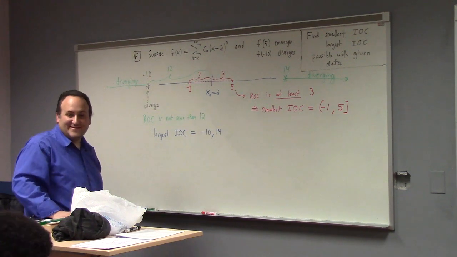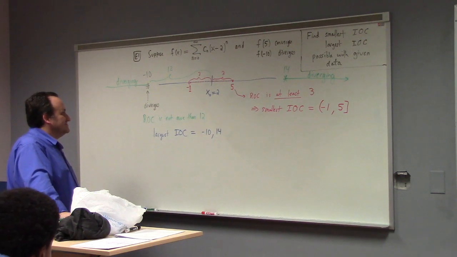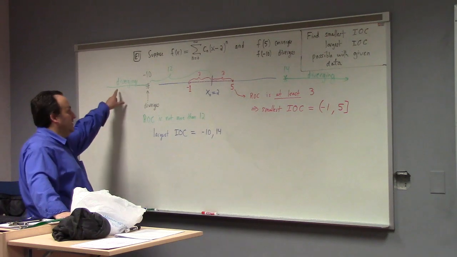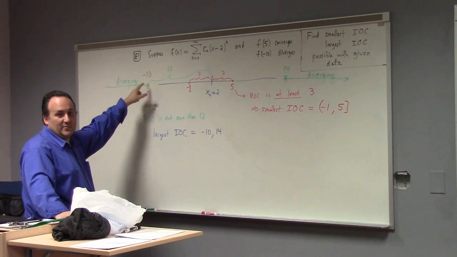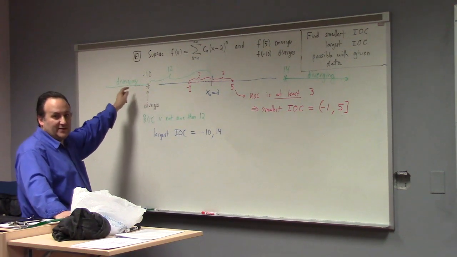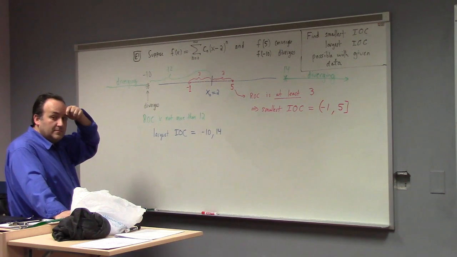What's that? Yes? So, if it were given to us that like f of -20 diverges, which we know is true, then wouldn't the IOC also expand if you tell us that? If I told you, if you had additional information, if you knew that -20 was diverging, well, it depends on what you know. If you don't know this and you know -20 is the divergent point, then that would change it. But since we know -10 is diverging, if I tell you -20 diverges, that doesn't change a thing with what's currently given.